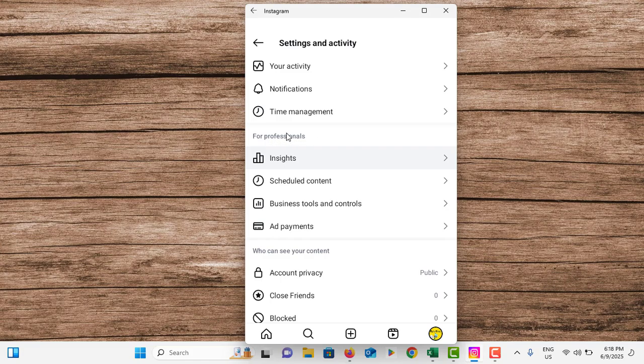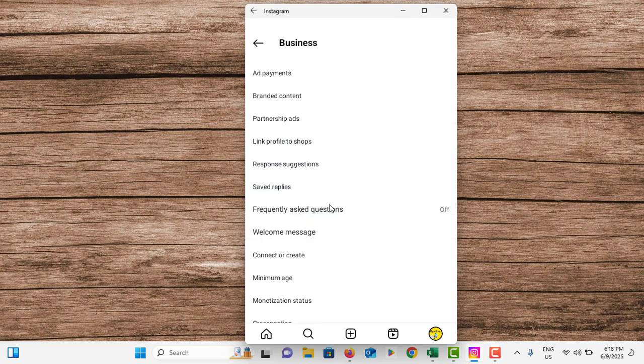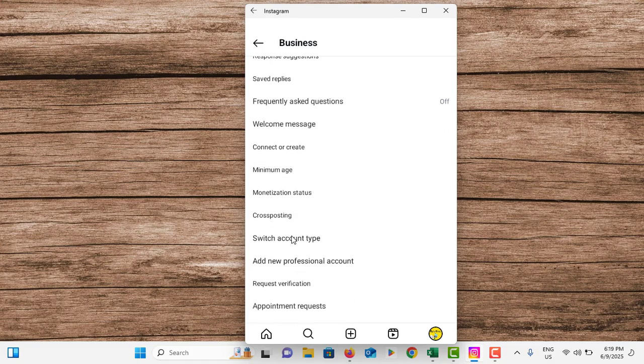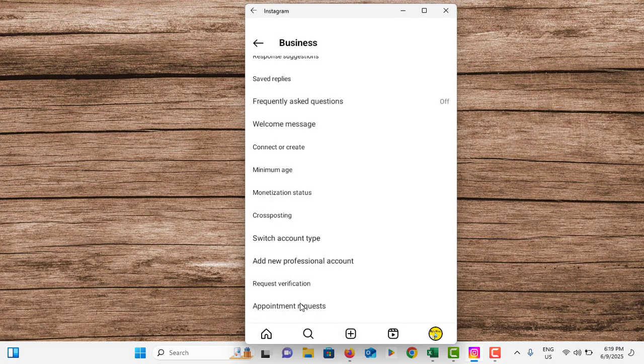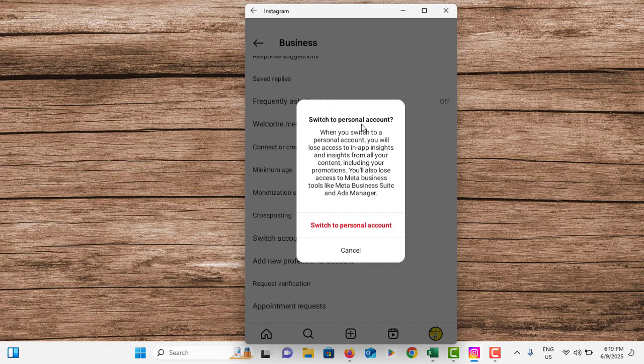In the professional section you can see business tools and controls. If you are using a creator account, you will be able to find creator tools and controls. Then tap on it and scroll down and you can see there's an option called switch account type. Just tap on it. You can tap on switch to personal account like this, and it says these are the